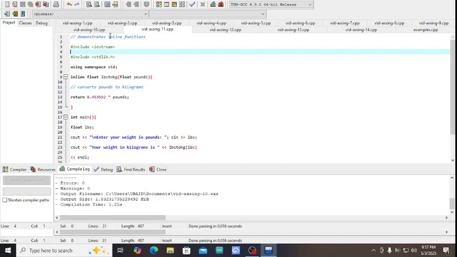In here we demonstrate inline function. So what is inline function? An inline function is a function where the code is directly inserted at the point the function is called, instead of jumping to the function definition during runtime. Why use inline function? To save time by avoiding the overhead of a function call, useful for small, frequently used functions. So here we go to the function